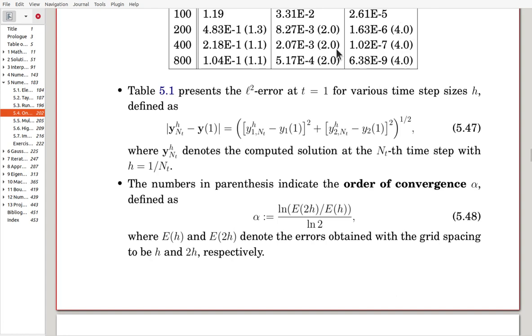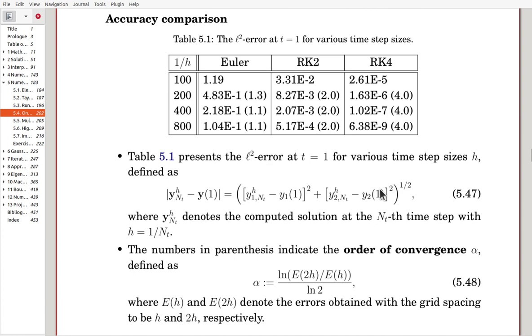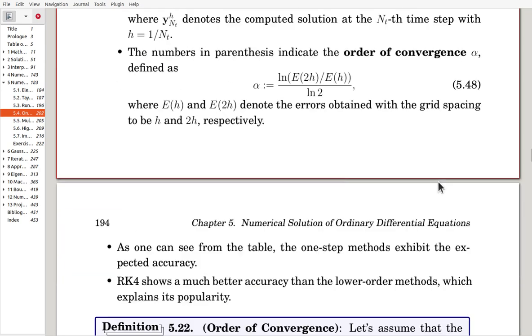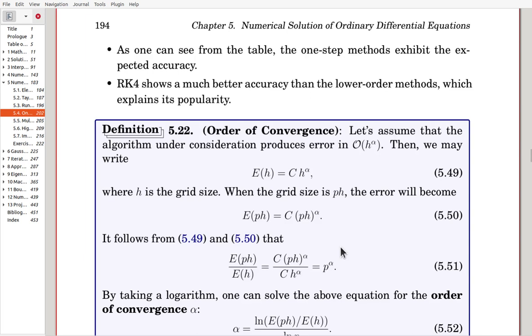So these values are alpha values, and we can see quite easily the algorithms are working as expected. RK4 shows much better accuracy than the lower order methods,